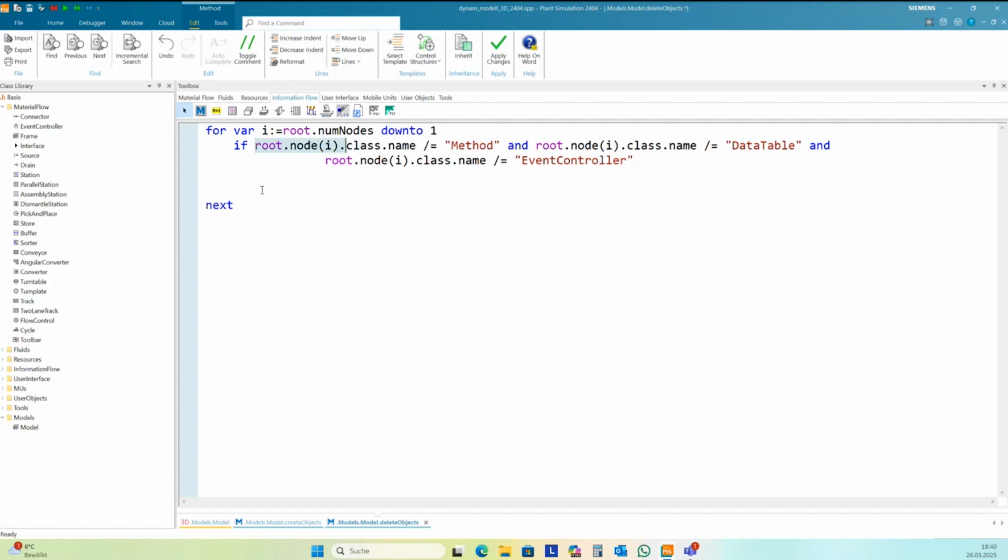All other objects I want to delete. And I delete objects with delete object.